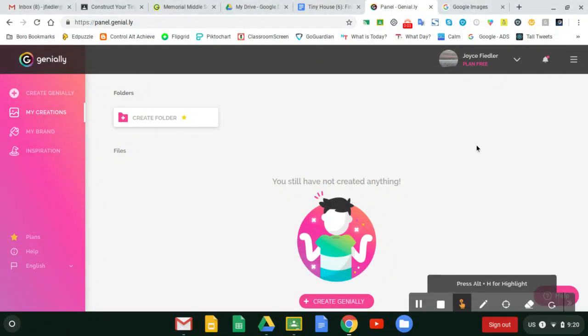Okay, so you're going to use Genially to create an interactive image. When you sign up, once you create your account using Google, you will be at this screen. You don't have anything yet, that's what it's telling you. So this is where you will come under My Creations when you need to come back to it and have your saved projects here. Okay, but right now I'm going to go to Create Genially so I can see all the different